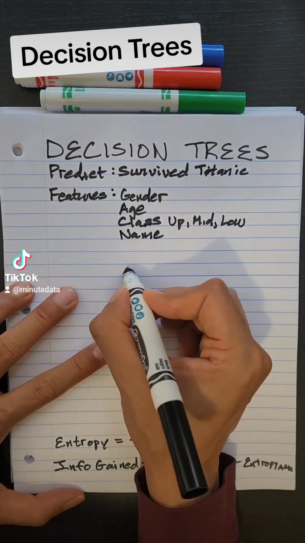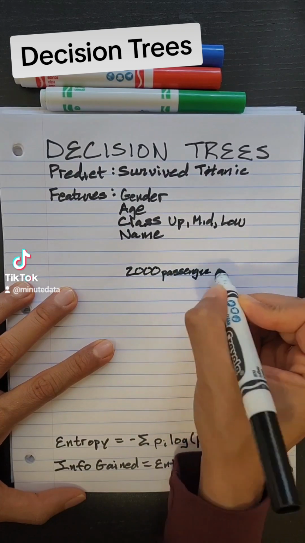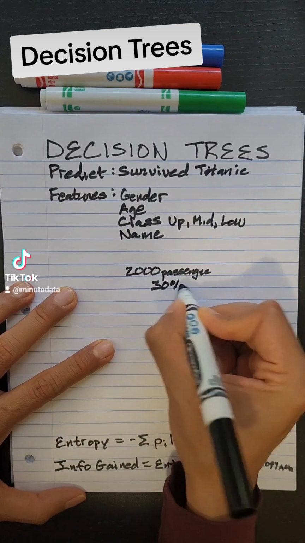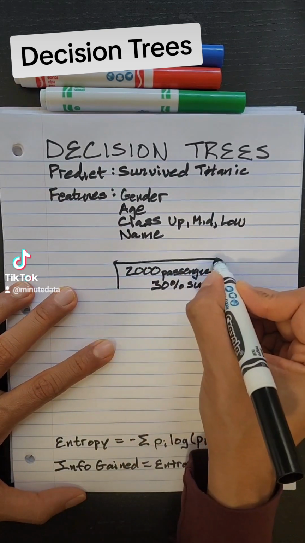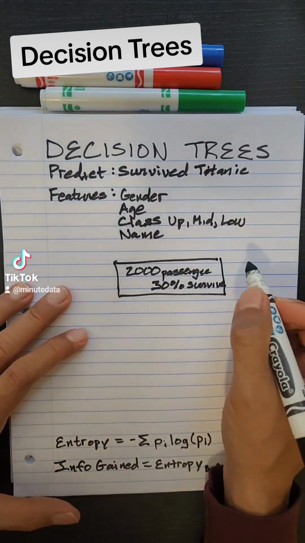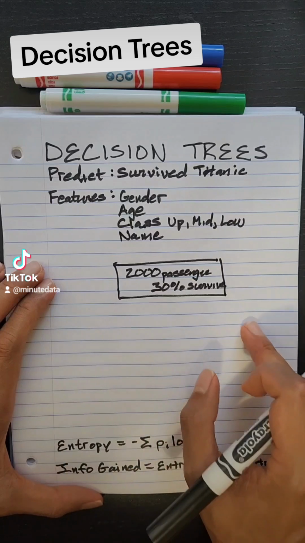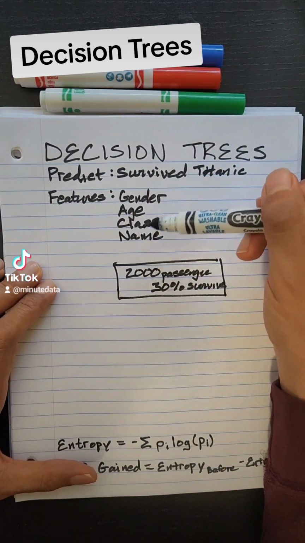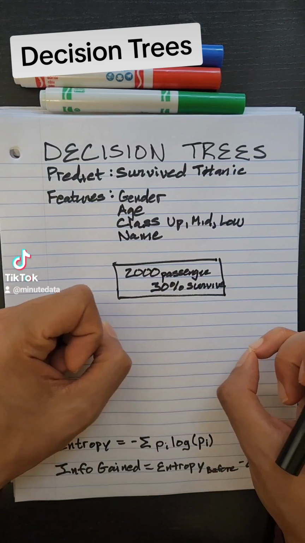So let's imagine we have 2,000 passengers and let's say 30% survive. The idea of a decision tree is we want to create a group where there's a very high chance of survival and a group with a very low chance of survival. Essentially, we're going to iterate through every possible feature and figure out what creates the biggest split between lots of surviving